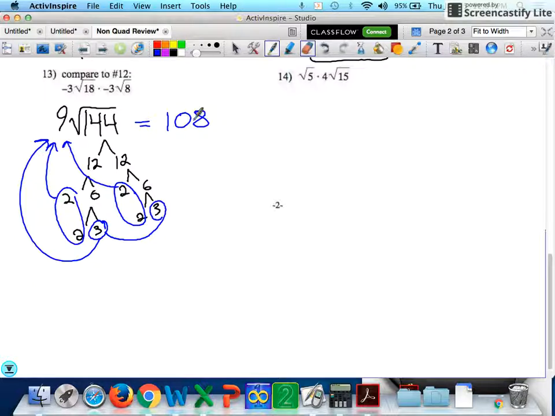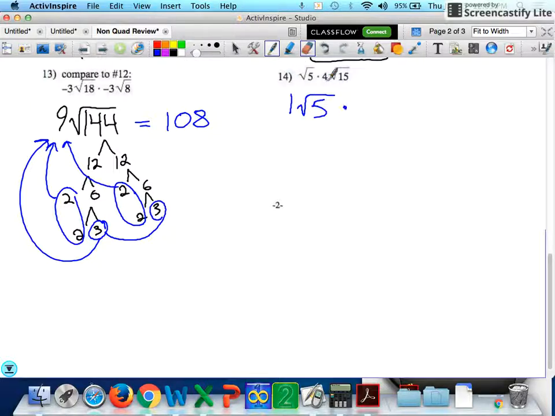14 is a similar problem. For 14, we're still doing a multiplication problem. So we're going to multiply outside by outside and inside times inside, but this first piece does not have an outside number. I would encourage you that if you are still struggling a little bit with this on the review day, to rewrite this problem so that everything has an outside piece and an inside piece. What that means is right here where we're missing an outside piece, you have a 1 on the square root